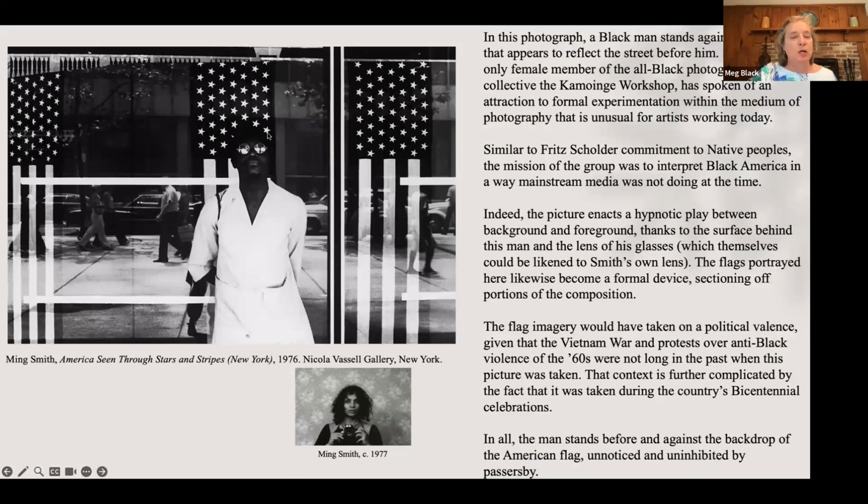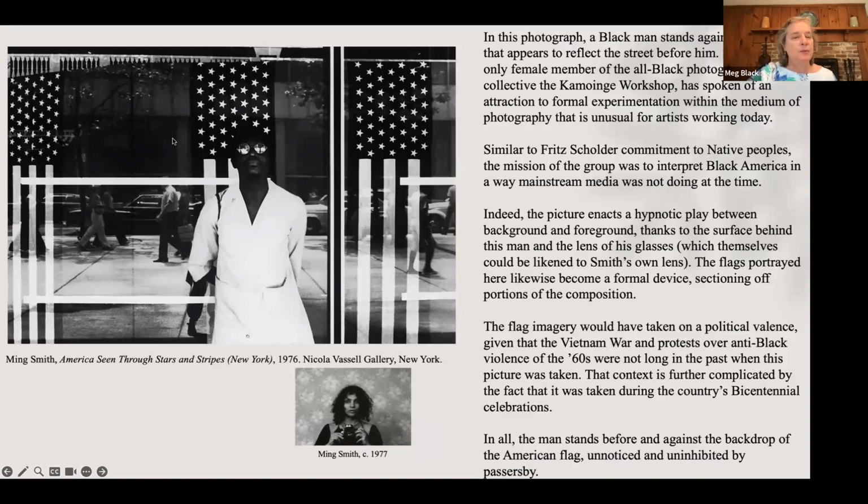And so she shows us, again, a very ambiguous image. This is what's called a formalist image, meaning that the form of it, when you look at it, is very geometric. And you can see how the grids sort of tell us where our eyes should go. If you notice how the grids here kind of go right through this guy. And then we see three grids and more three grids.